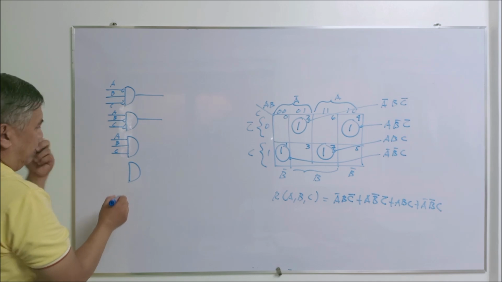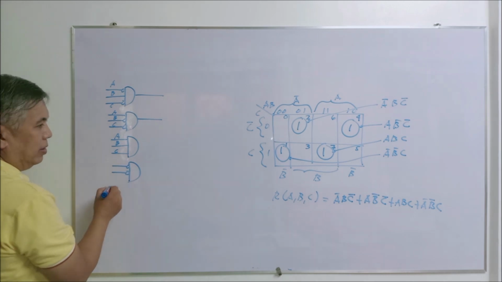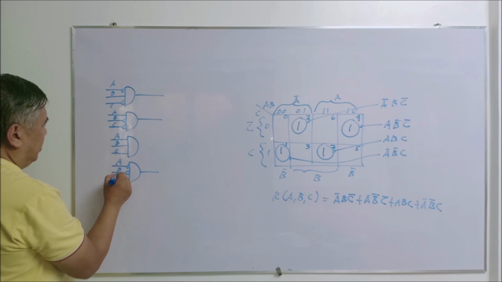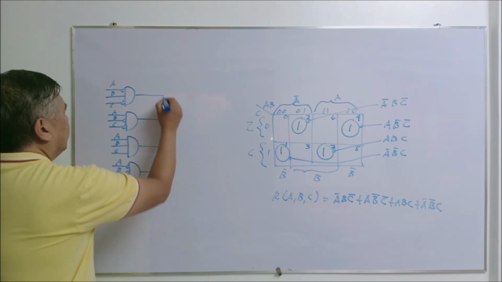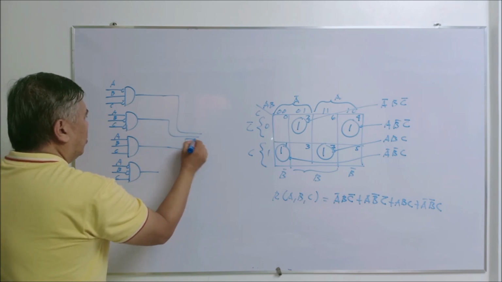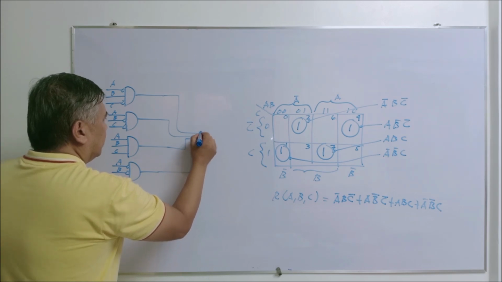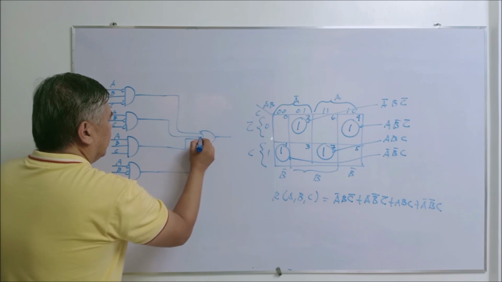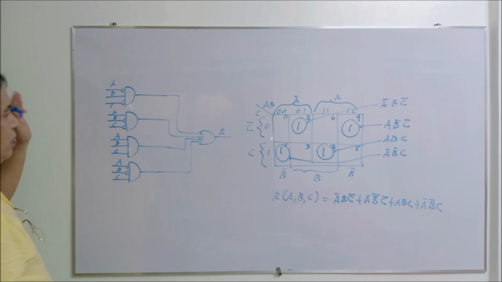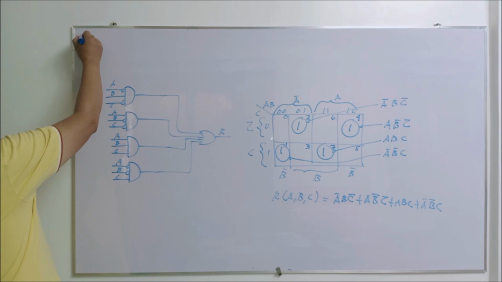Then you have A bar, B bar, C. You have A, B, C. And these 4 AND gates are being added together or ORed together using an OR gate. So this will be our R. So if we want to perform this through our experiment, this will be your